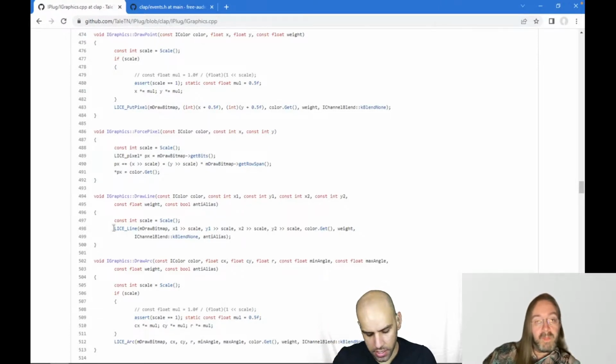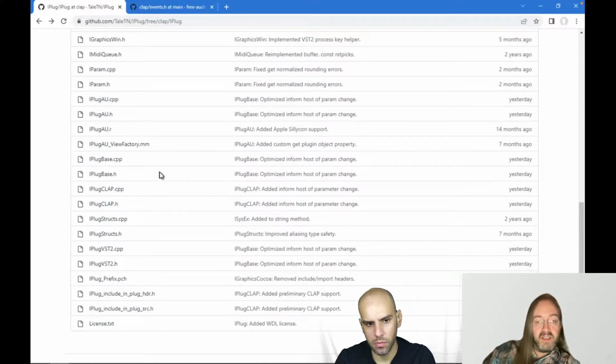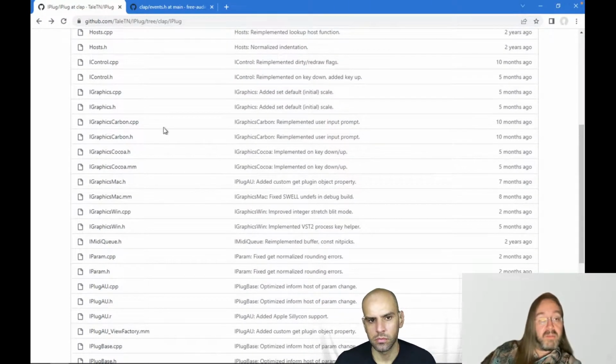And then what is Swell doing? Well, on Windows, Swell is seriously doing nothing at all. It just checks if it's on Windows, and if it is, then it just includes the standard Windows header, and that's it. But on macOS, it will capture things like a message box, for example. That's a Win API function that can display a message box. But you can just call that Win API function on macOS, and then it will display a macOS message box. But that's actually not something that is specifically for iPlug. That's just something that Swell does.